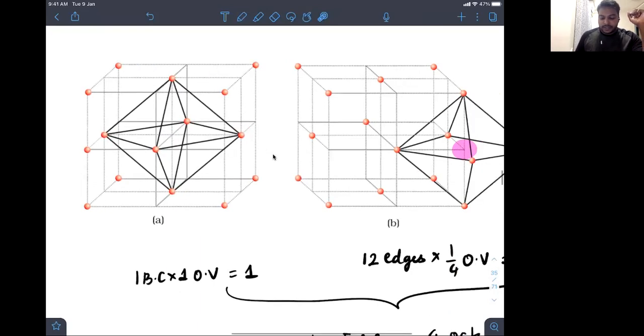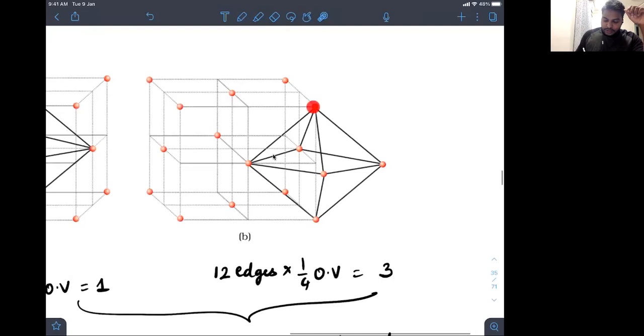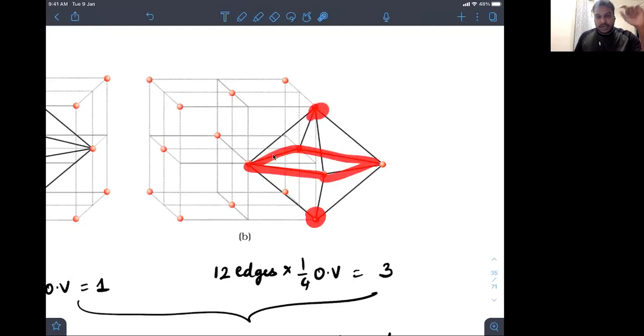Next, if you come to the edges, we know that this is one corner, corner, corner, and then we have face, face, face here of the other unit cell. So here, 2 corners, and these 4 are the faces. These 2 faces are from the other unit cell, but these 2 faces are of that same unit cell. So if you combine all of them here above and below, again we are getting an octahedral void, and that void will be exactly at the center of the edge.